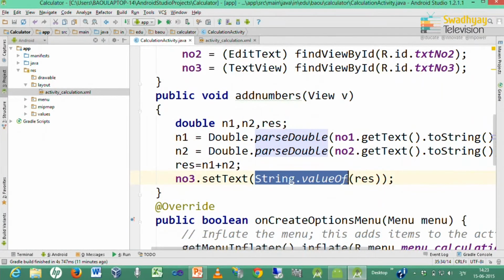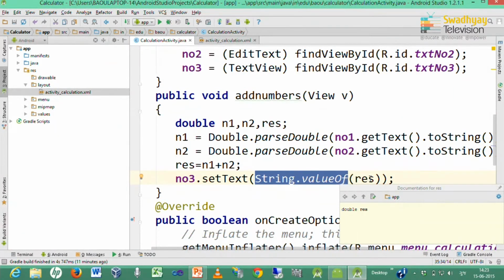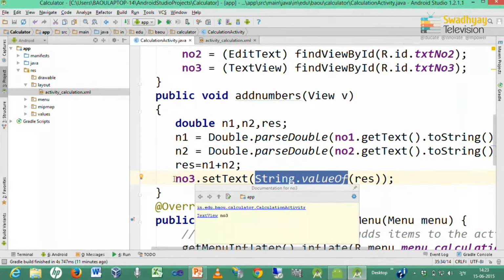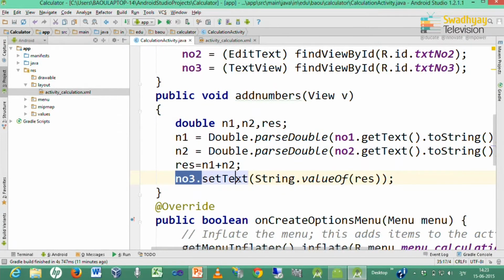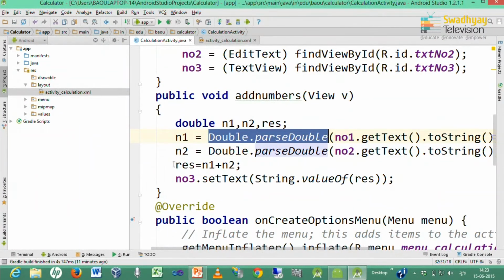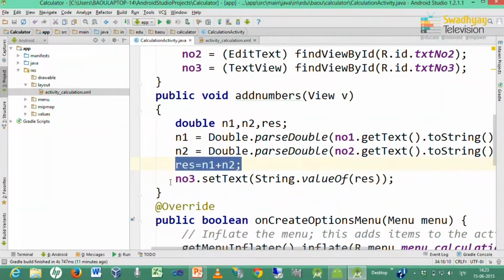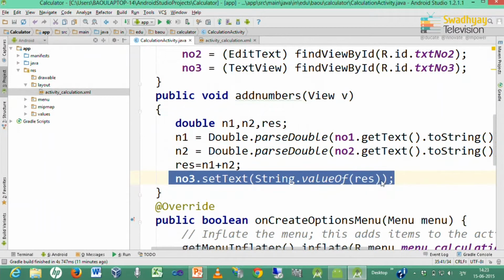Here String dot valueOf converts this number into a string, and that string is set inside the last text view. So, we have code ready for addition. We fetch two numbers entered by the user into edit text and convert them into double using Double dot parseDouble. Then we add the two numbers, and finally we display that number as a string in the last text view.